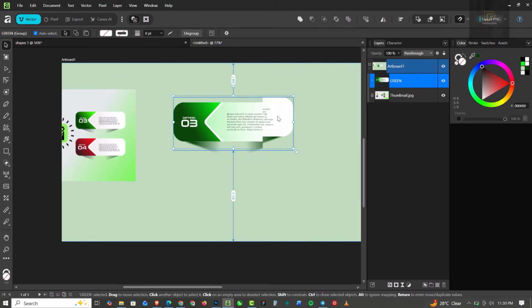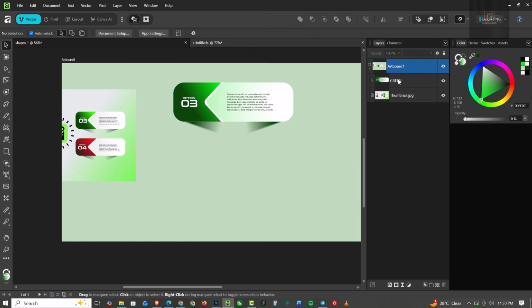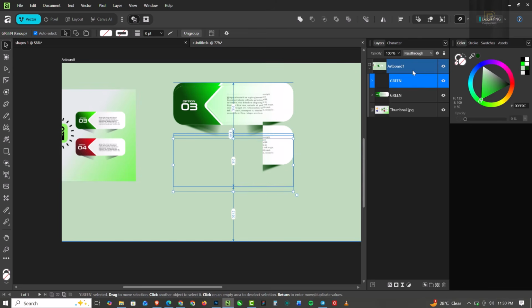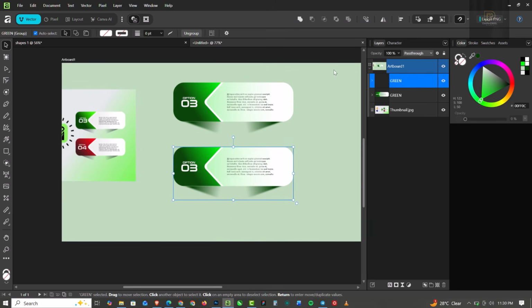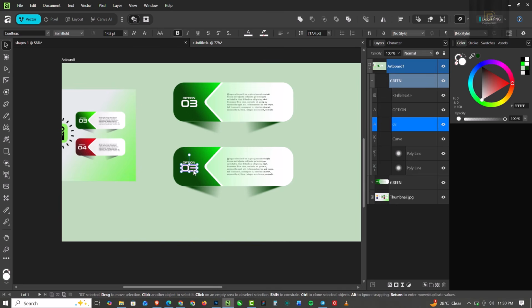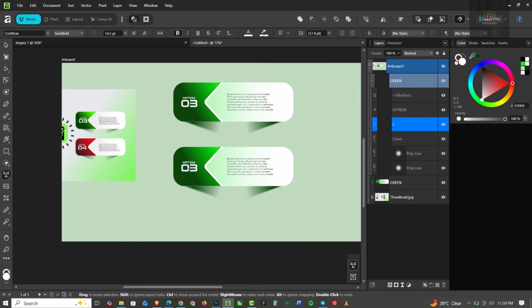So to create other colors, this is what you need to do. I'm just going to move this up here like this using the arrow key. Click on this green here, this one. Click on Ctrl J and make a copy of this. Hold down Shift and use the arrow key to move this down. So with this one, like in previous videos, I'm just going to change this. So this is going to be